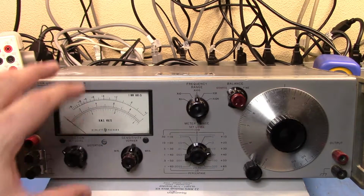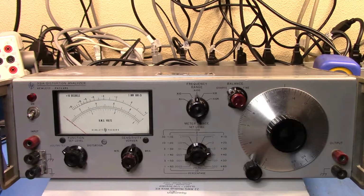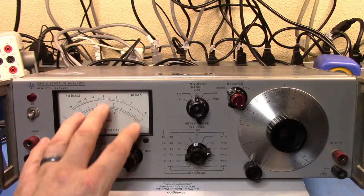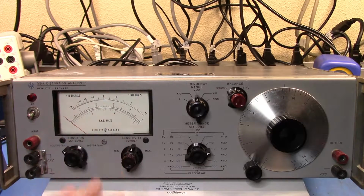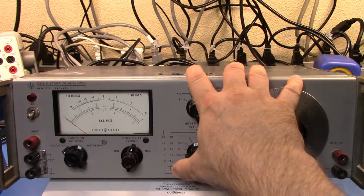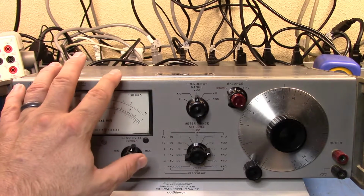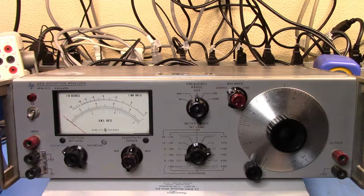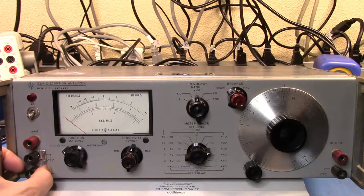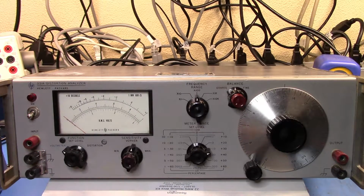The distortion analyzer is really two devices in one. This is the 331A, so it doesn't have any RF aspect to it, but it's basically an RMS voltmeter, and then it's the distortion analyzer. So I can use this to set a level or look at the level of a signal, and I can feed the signal in here, and it, like most gear at the time, came with